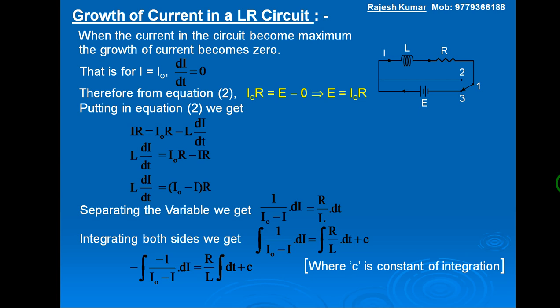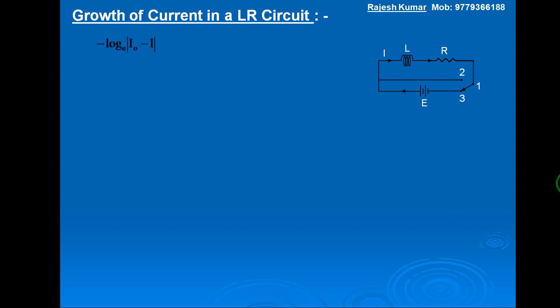R upon L is constant, we can take common, and in the left hand side the numerator becomes minus 1, which is equal to derivative of the denominator. Derivative of I naught constant is 0 and derivative of I is minus 1. So minus 1 is the derivative of denominator. Therefore, minus log to the base e of I naught minus I is equal to R upon L into t plus c,